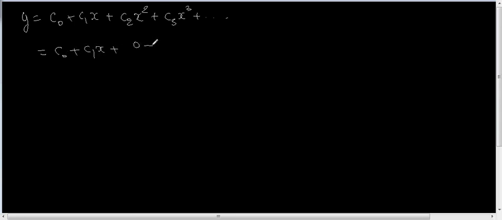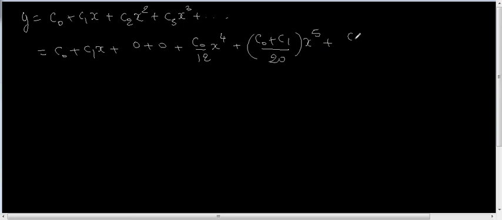Now, we started with y is c0 plus c1 x plus c2 x squared, c3 x cubed, etc. So c0, we keep it as it is, c1 x, c2 was 0, c3 0, c4 was c0 over 12, so x^4, c5 is c0 plus c1 over 20 x^5, and for c6, c0 plus c1 over 30